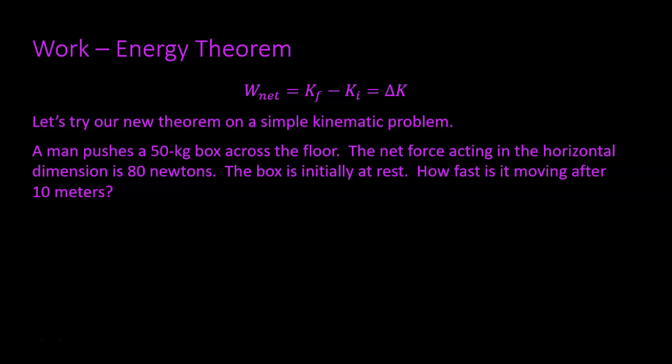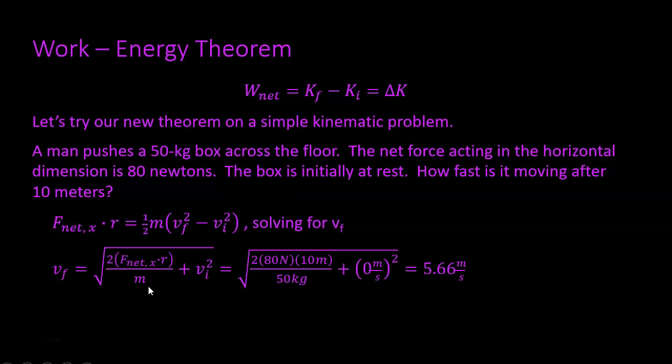The box is initially at rest. How fast is the box moving after 10 meters? We'll go ahead and set up our work energy theorem, and we'll rearrange this to solve for the final velocity. And then we'll plug in our numbers, and we wind up with a final velocity after 10 meters of 5.66